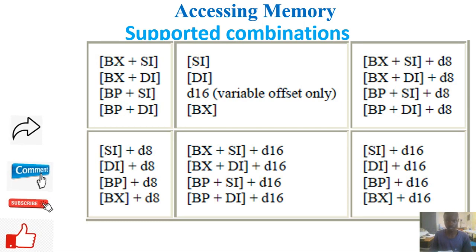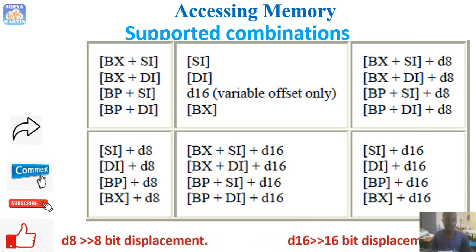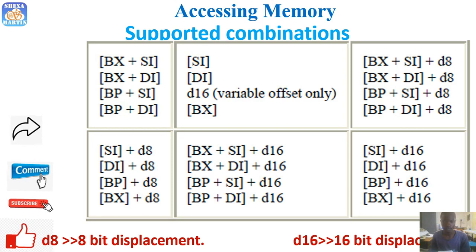Same applies: BX with DI with 8 bits, BP with SI, BP with DI, and 8-bit displacement. So d8 means 8-bit displacement, as stated below. Then d16 means 16-bit displacement. So you can also use single registers like SI with 8-bit displacement. These registers can be used alone